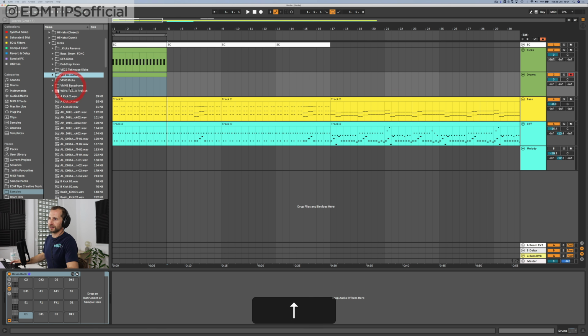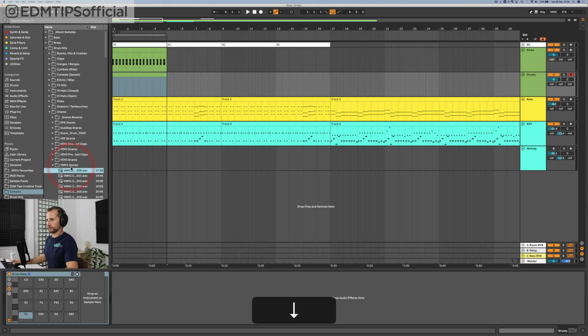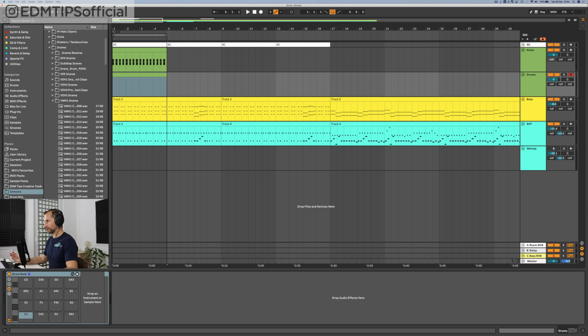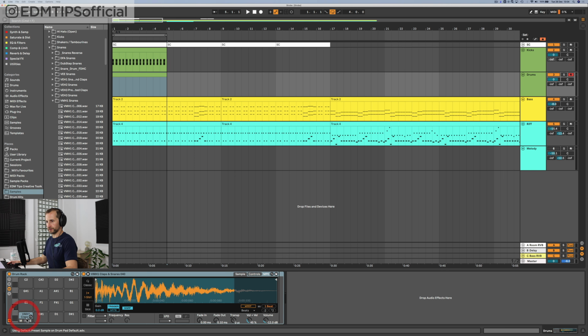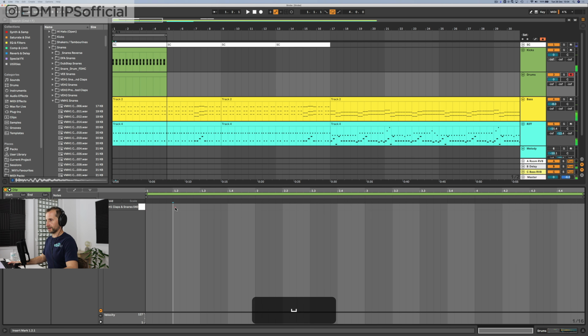If we go to, let's see, what claps have I got? Let's go to my snares. These aren't the exact same samples, obviously, but this one, you can hear there's a slight slur in it. It's like there's a snare and a clap played just one before the other. And we're going to use that to our advantage. So if we just take the volume down a bit, put it on every other kick, like this.